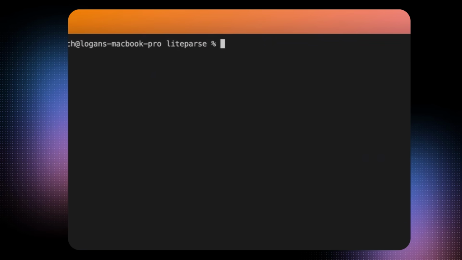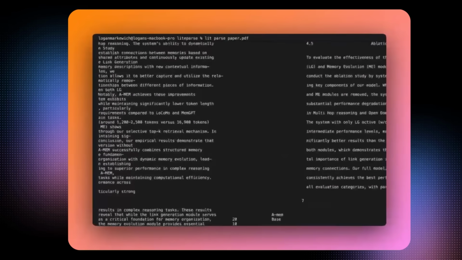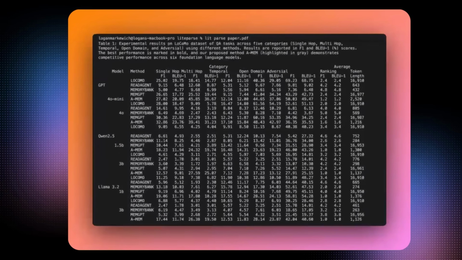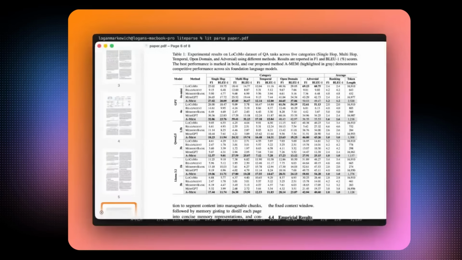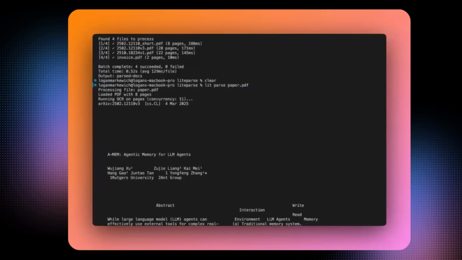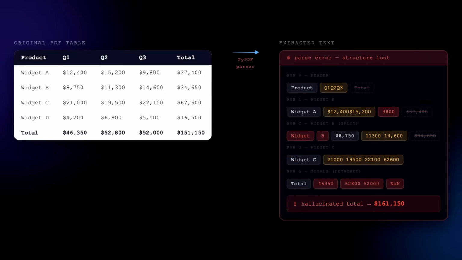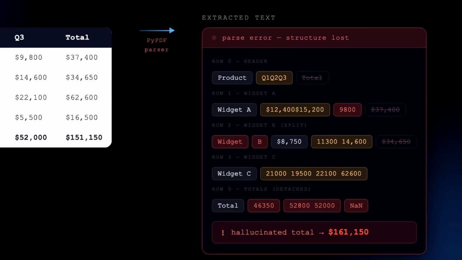Okay, so your coding agent can write thousands of lines in Python, but as soon as you start to give it PDFs and other documents to start using, you often find that a lot of that useful context just disappears. Tables get flattened, charts disappear, numbers hallucinate, and often you end up writing janky workarounds for things like PyPDF or different OCR models that are out there just to get the basic text out of these